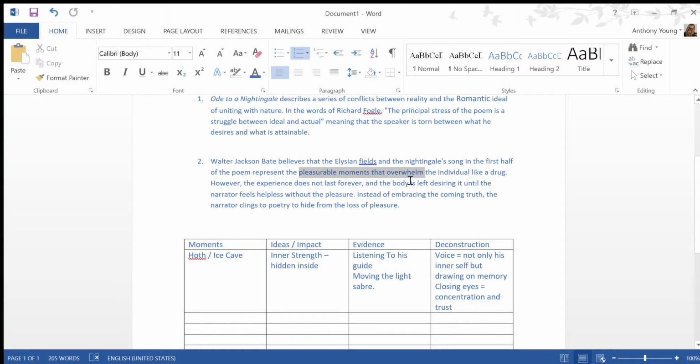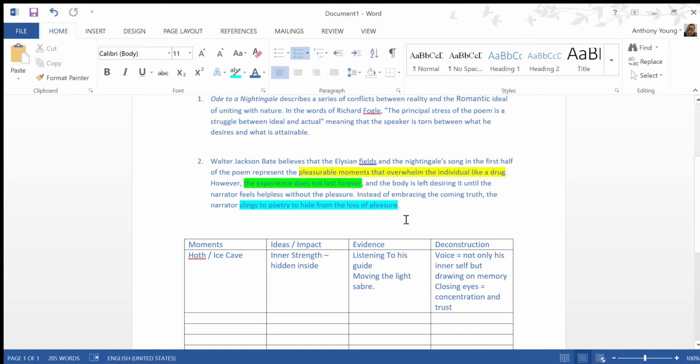Pleasurable moments that overwhelm, like a drug, is one of them. So we'll highlight that. I'll use yellow for that one. The experience does not last forever. That's another. The next bit after that is an elaboration. And then instead of embracing the coming truth, the narrator clings to poetry to hide from the loss of pleasure, is sort of the result of those two. So the yellow is one idea, the green is another, and the blue is, I guess, the culmination of those